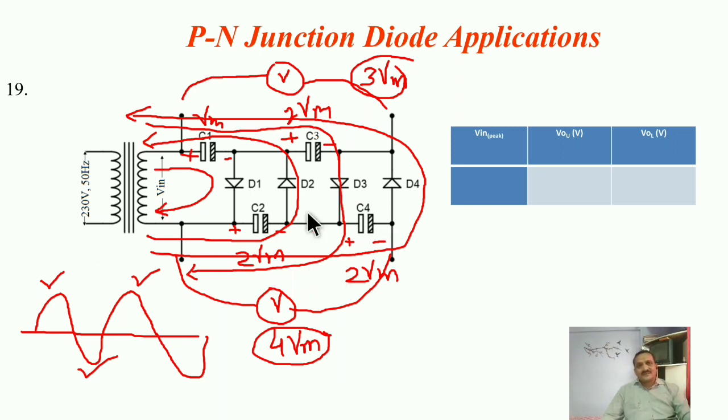Now, what is the disadvantage of this circuit? Its percentage load regulation is very poor. Whenever you connect any load resistance, the capacitor gets discharged, and that's why the total available voltage gets degraded. So this is the disadvantage of this circuit, and the application of such a voltage multiplier is only in cathode ray tubes, right? CRTs.